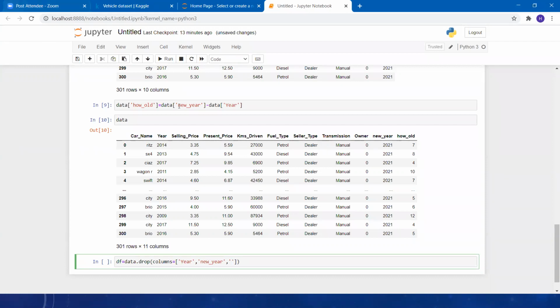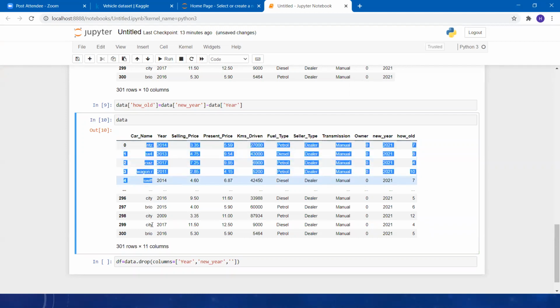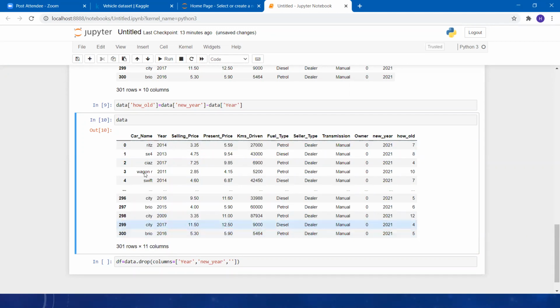So now we are going to drop this column as well, because there is no use of this type of column. We cannot compare a car with the name of this car. We should compare a car with this type of information, right or not? If you are buying a car, you will not say, okay, it is a red 6S Ciaz. You will see what type of information they have, what type of features they have, how old the car is.